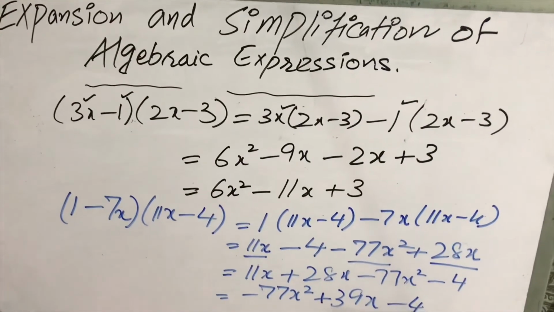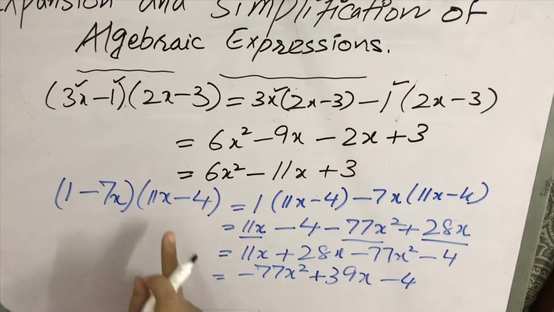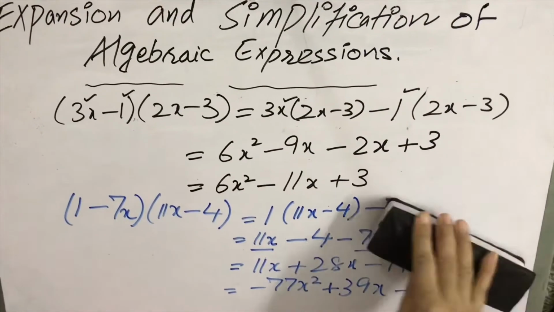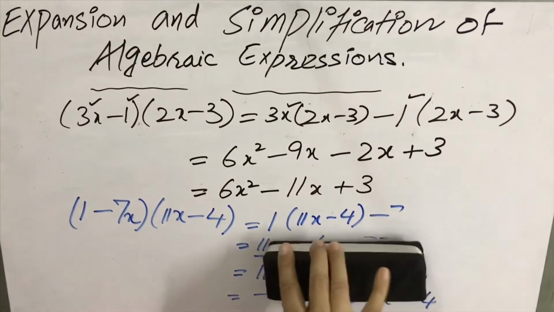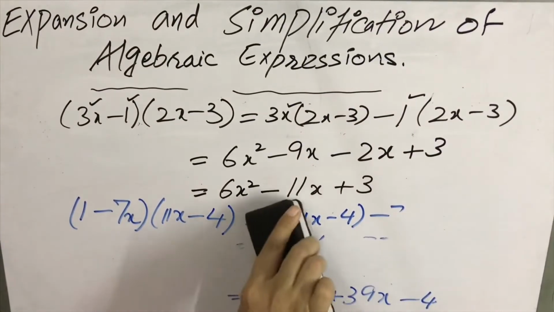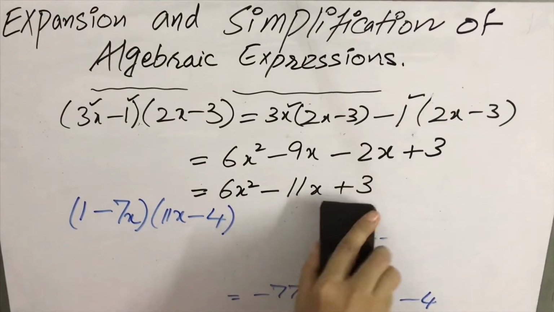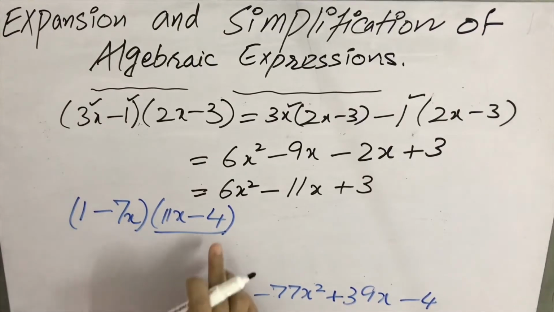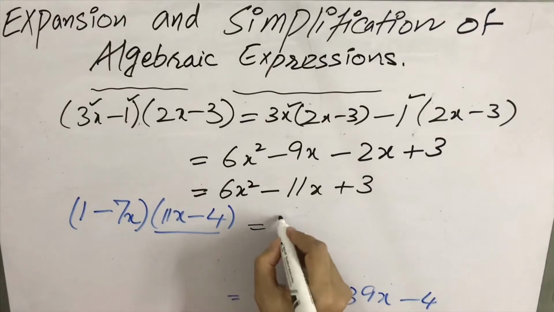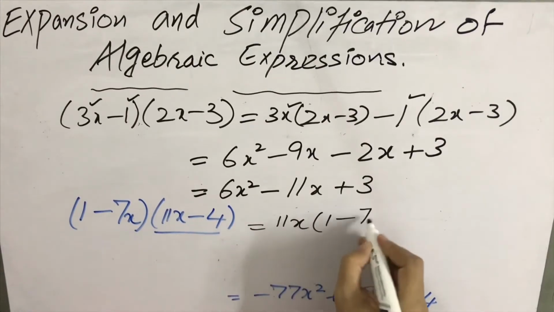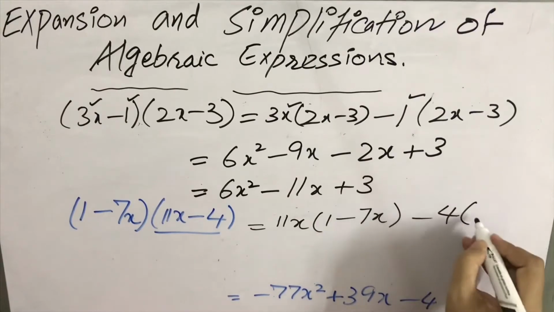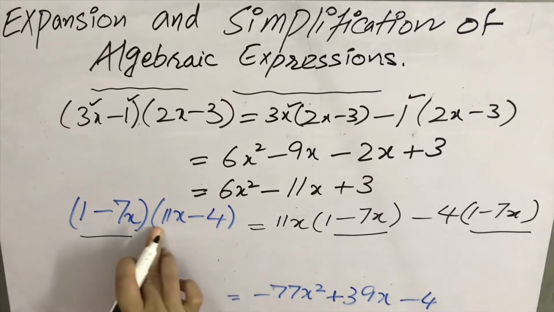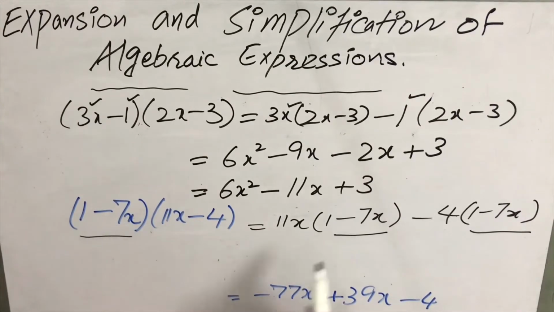I am going to do the same question with the second bracket here, so I shall just erase 3 steps and I will not erase the answer. Just to clear you that if you take the second way to open the brackets, you will have the same answer. Okay. If we open this bracket, I use black marker for this. If we open this bracket 11x bracket 1 minus 7x, minus 4 bracket 1 minus 7x, notice I have opened this bracket instead of 11x minus 4. I have taken this bracket inside.